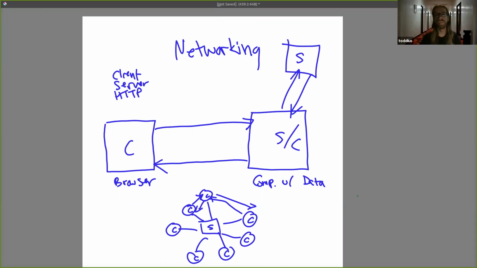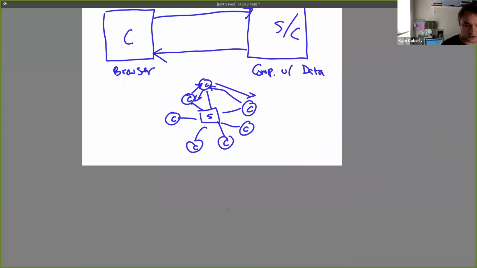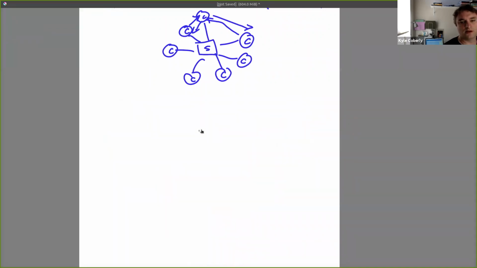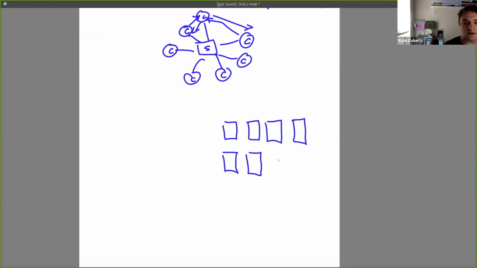So what exactly is a server farm? Are they all requesting from each other, or are they sharing the workload, or are they just operating independently? That's a great question. So let's talk about server farms. A server farm isn't necessarily working together on the same problem. A server farm is just a bunch of servers that are co-located together. So if I have a server farm with 8 servers on it,